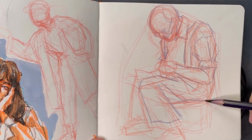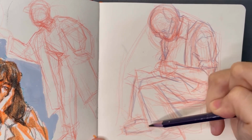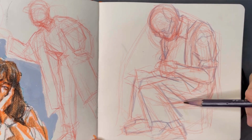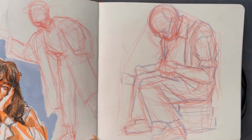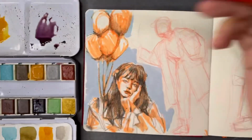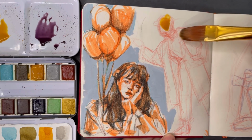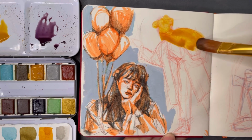So I think a key point in my finding my art style was studying different artists that I really love and whose artworks I really admire. And this is still something that I still do. I look at their artworks and try to see what about them that I like so much. It could either be the line works or their colors, sometimes their shading techniques, and I try to incorporate that